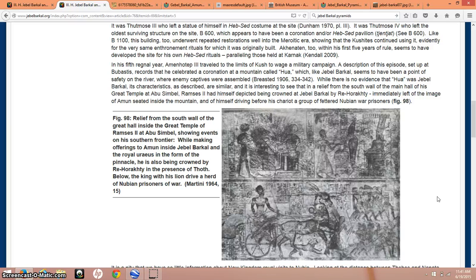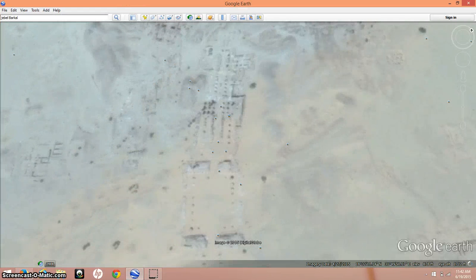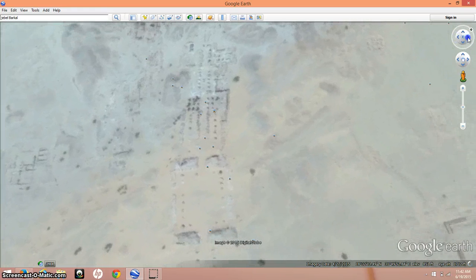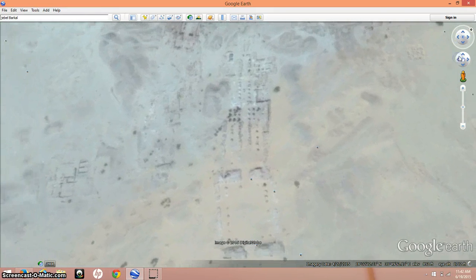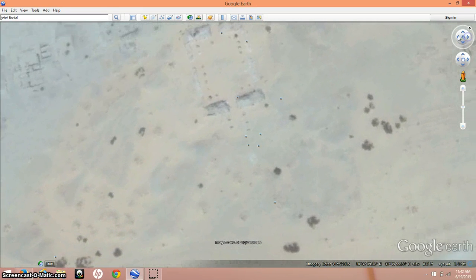And it says, while there is no evidence that Hua was Jebel Barkal, its characteristics are pretty much similar. And they think that this is actually where this important ceremony of Amenhotep III took place, at Jebel Barkal, and I believe he is the one that completed this particular temple here. And I'm going to try to give you the best view possible of this temple. And I believe Amenhotep III